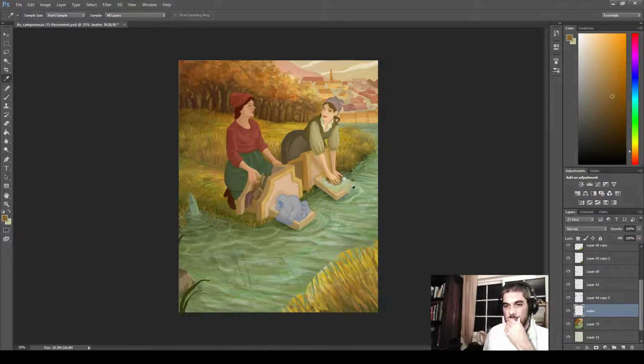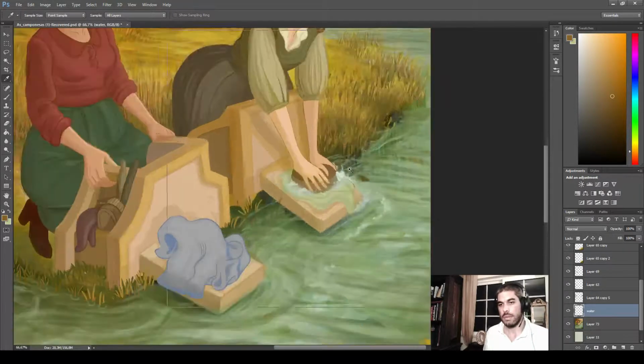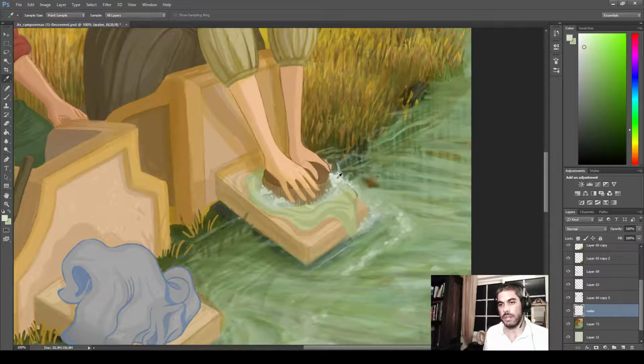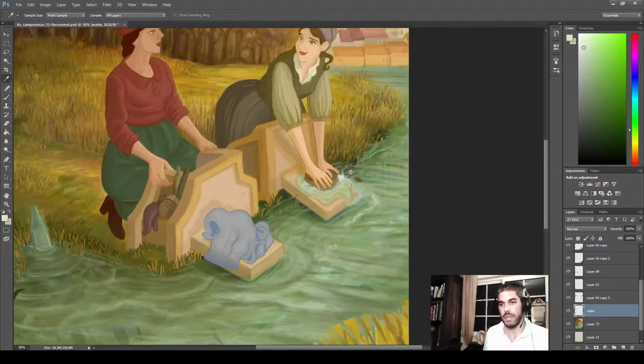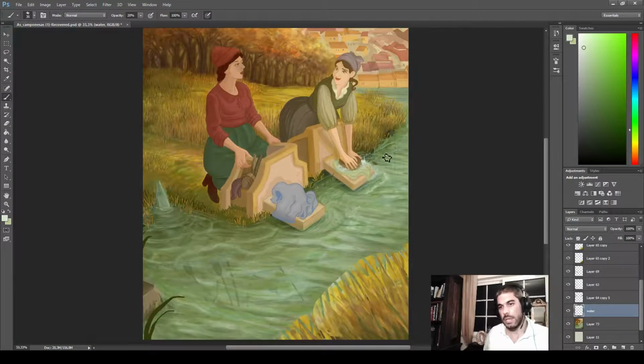So I will pick the lighter color I have here. It's this one. Yeah, and same brush, 20%. And well, guys, it's just testing. You just have to test. You have to be very gentle with this pen here. Don't press it too much and follow your instinct,